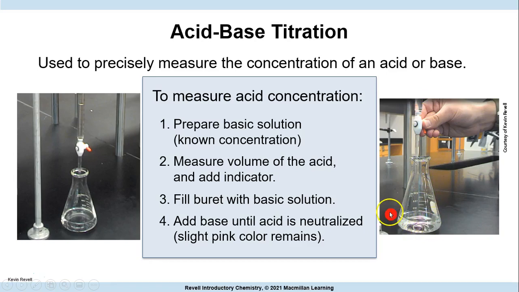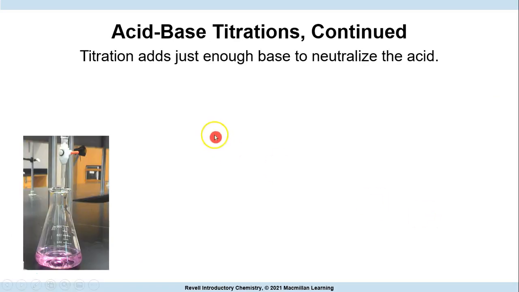Now, what happens when the reaction is complete? For you to know that the reaction is complete, remember, you added the phenolphthalein into acid and it was colorless. Now, when you keep adding the base, when the neutralization has taken place, any drop of base is going to give a permanent pink color to the solution. And at that point, that is the end point of the titration. So the titration adds just enough base to neutralize the acid, and this is what you will obtain at the